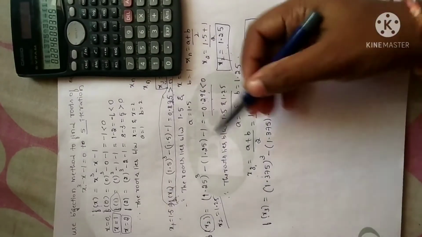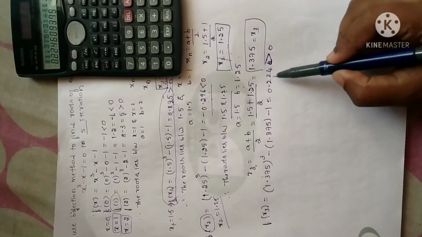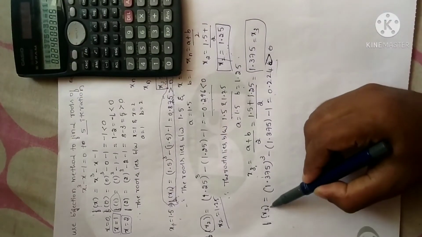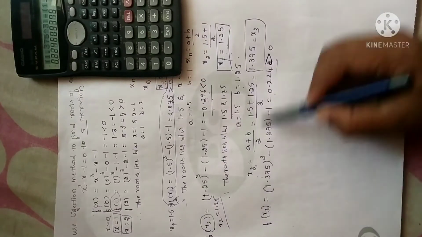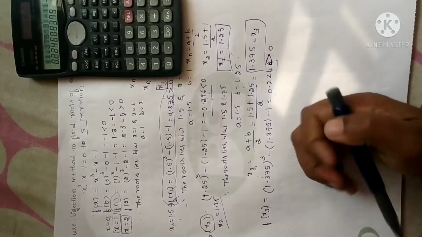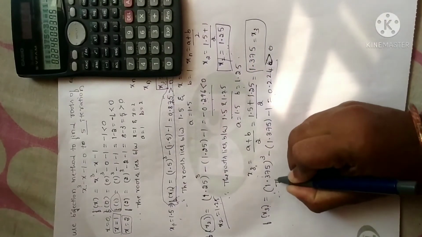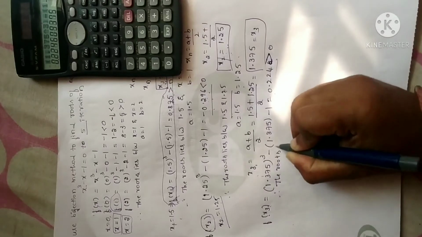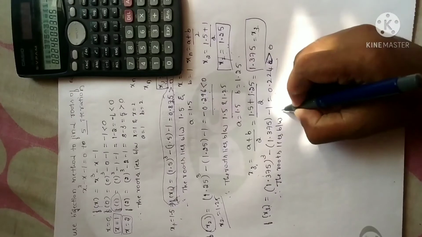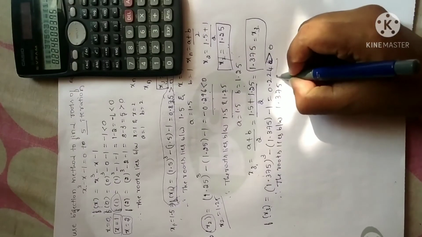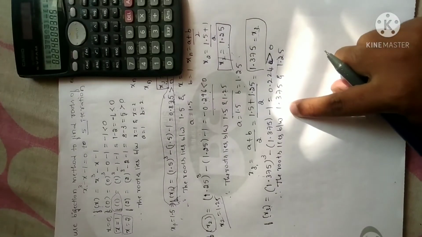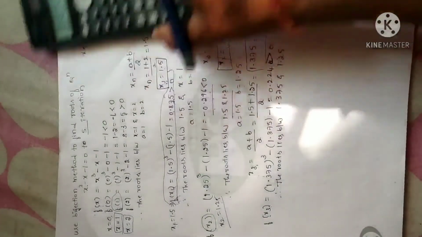Now check for the previous f of x value which is negative. Why? Because I have obtained a positive value, I have to check for a negative value. I have calculated the value of f of x3 which is positive. Now look at f of x2. It is negative. Therefore, I can clearly write that the root lies between x3 value, 1.375, and x2 value, 1.25. So clearly the root lies between 1.375 and 1.25.